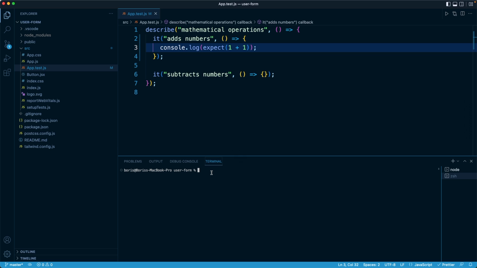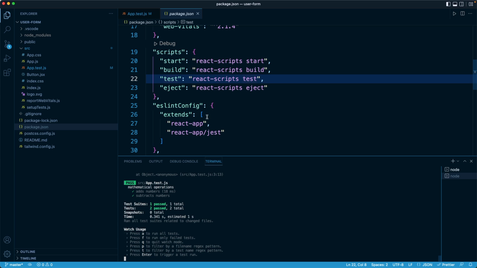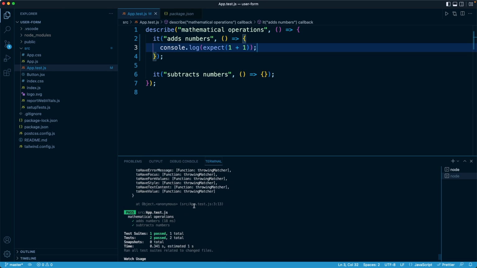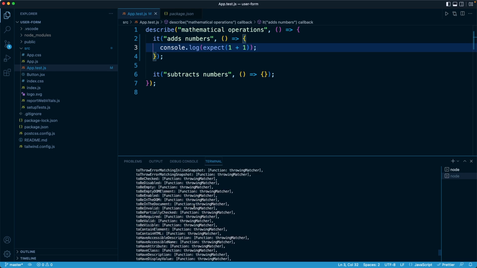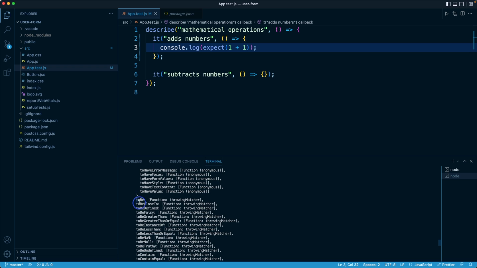So we actually have a test command already set up in our project. I can show you that if I open up package.json, we have in the script section a special test command. That means that we can run npm run test in order to run our test suite, but there's also an available shortcut because this is such a common script, and that is simply npm test. So I'm going to run that command, and we should see the console log. So going back to our app.test.js, as I scroll up, we're going to see the output of that expect function call. And you can see it's this very large object that has a whole bunch of methods available on it,